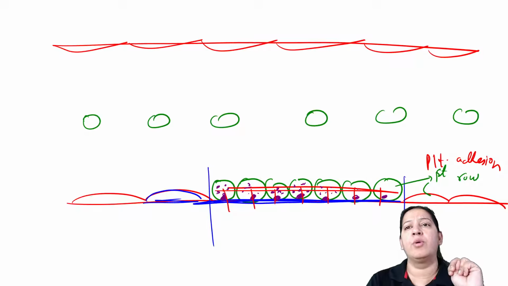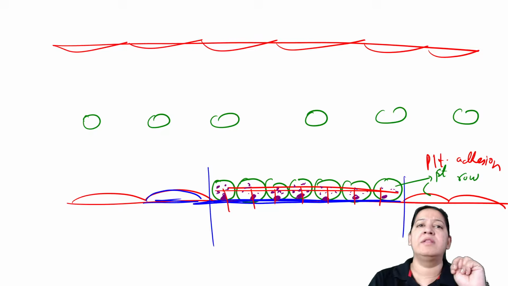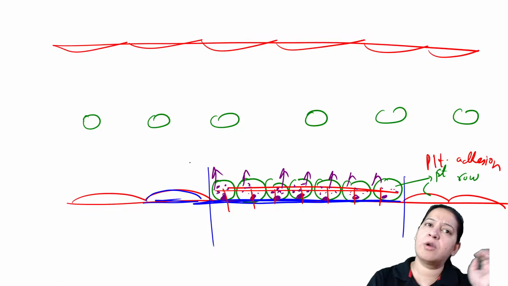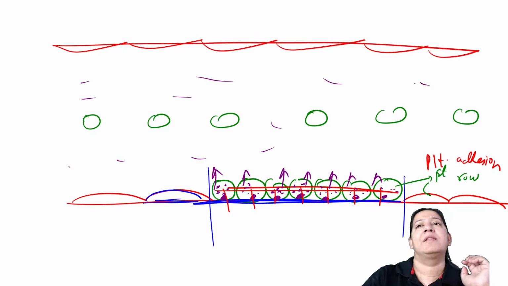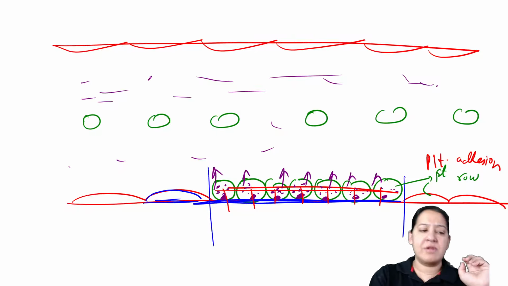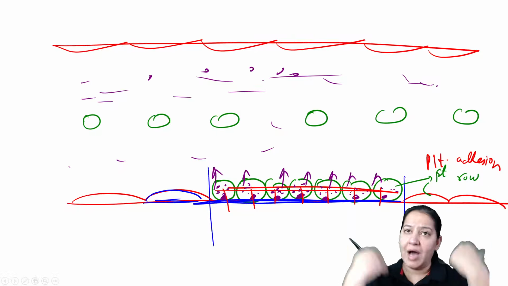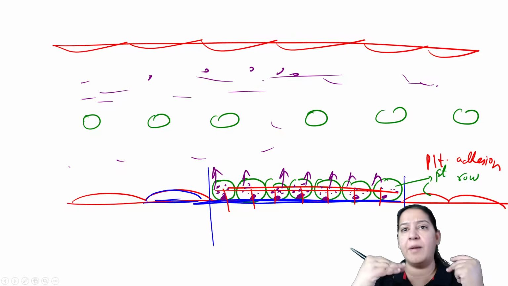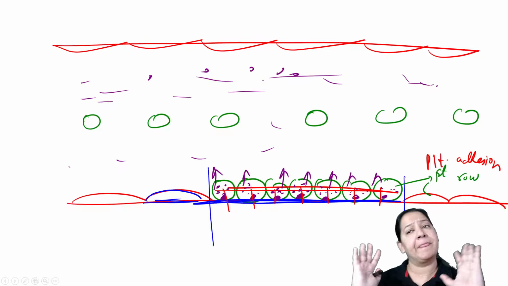Alpha and delta granules. As soon as the first step is over, the granules will be leaked out. They will come out, the degranulation from the platelet takes place. So why are the granules going out? To call other platelets. There are many platelets in the blood. So these granules will go in the blood and they will call other platelets also, that please everyone come and start sealing the site of the injury.